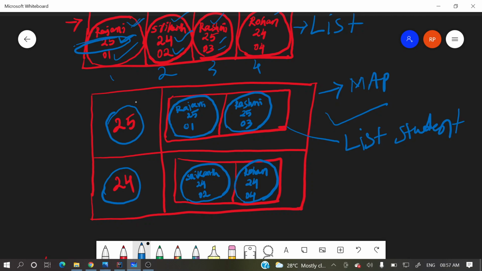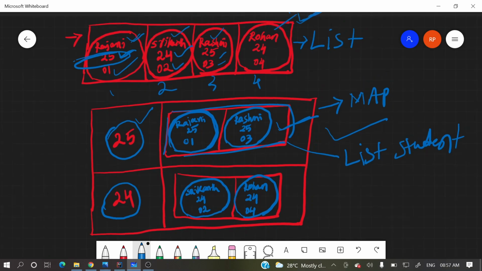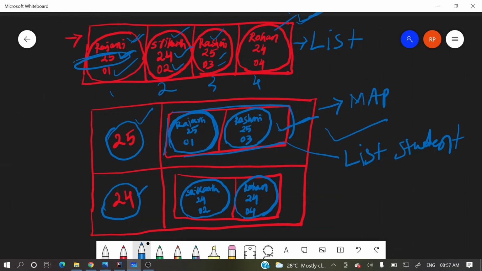Here the key will be 25, and whatever student objects present in this list have age 25 will be grouped into a list and placed here. Similarly for 24, all students having age 24 will be prepared into a list and put here. So this is the group by function.